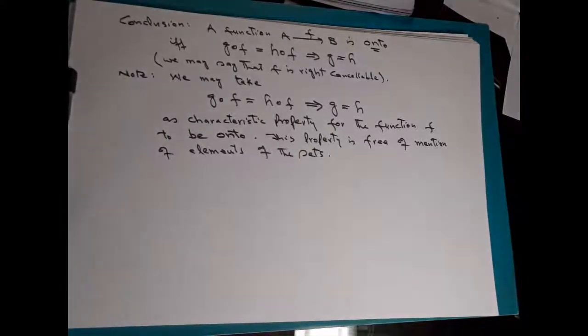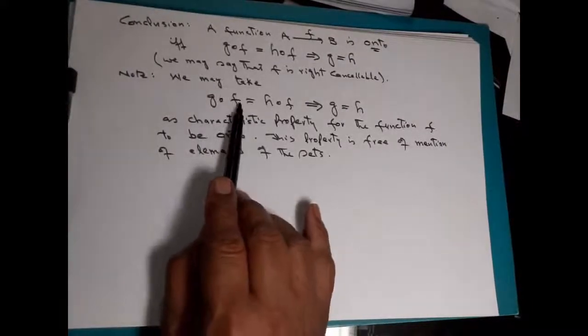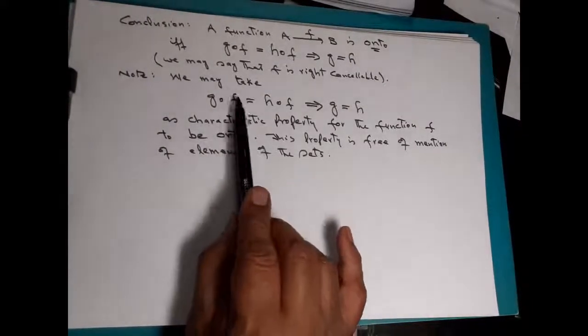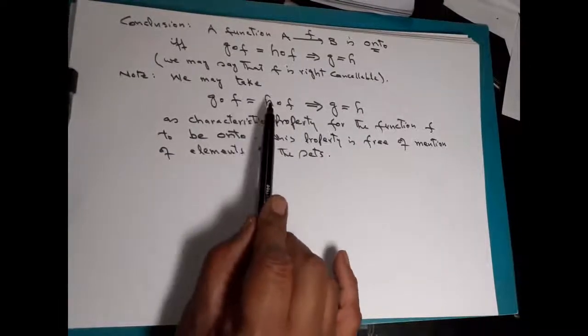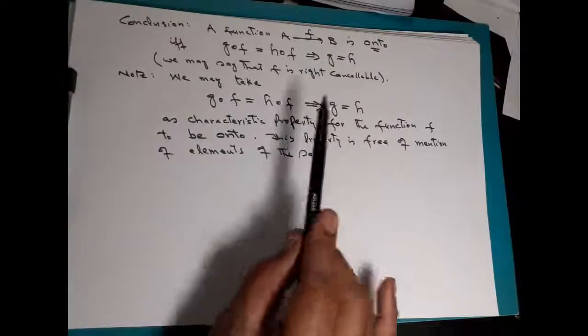Let me emphasize that if this property holds, then the function f is onto. If g circle f is equal to h circle f always implies that